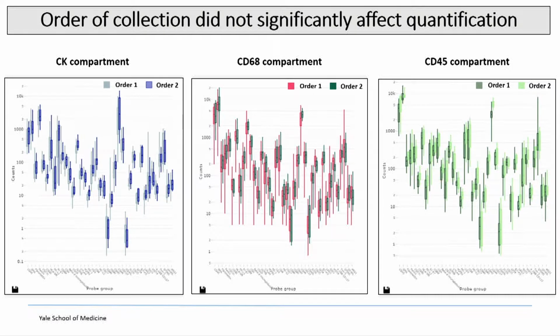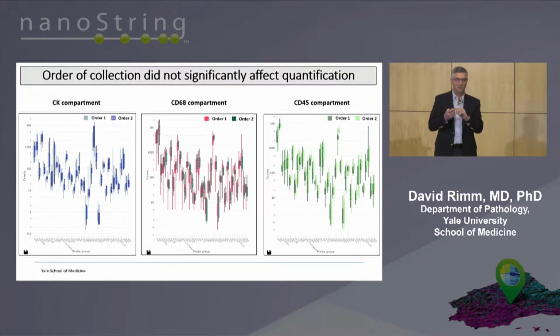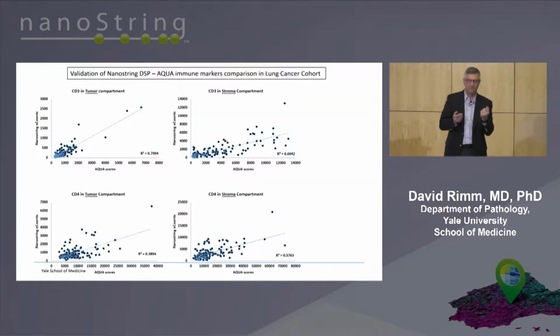There are subtle differences between the two box and whisker plots, and each one is from a different patient. But you can see if a patient's high, they generally stay high, and if they're low, they generally stay low. If there's a wide variance in the patient, it stays wide when you sip it up in the opposite order. And so what that means, and it's really critical to me, is that we're correctly assigning the molecular compartment, and it's not an artifact of the order in which we've sipped up the tags by the GSP or by the DSP GeoMx. So the first thing, coming from the pathology world, is that we have to make sure we give the right